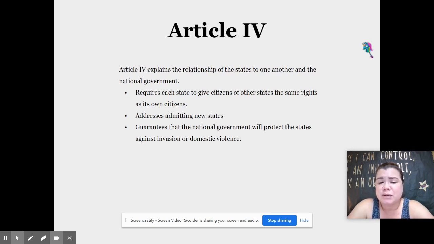It also addresses how to admit new states, and we haven't had a new state admitted since Hawaii. So maybe that might be a moot point at some point because I doubt that we are going to be expanding our territory anytime soon, but hey, who knows what's going to happen. Also guarantees that the national government will protect the states against invasion or domestic violence. So that is what Article 4 explains as far as the relationship between the states and then the states and the national government, okay? So for here, we're going to stop at Article 4 for this video,